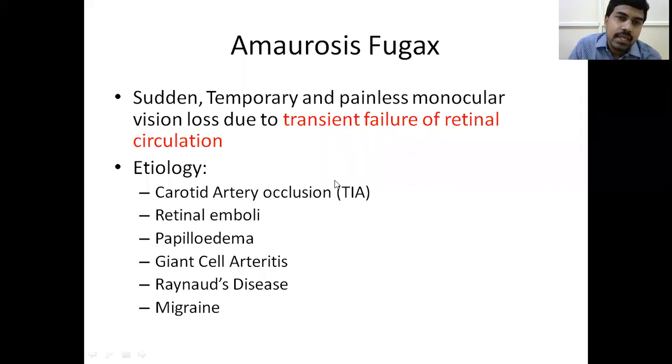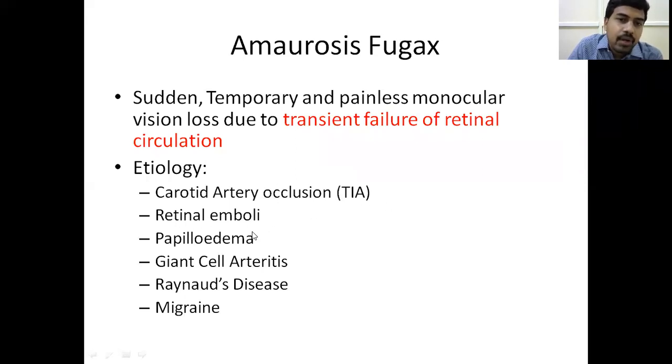In those cases, any elderly patient, or even a young patient who is a little obese and a known case of some cardiac anomaly, if he suddenly says that he had a transient loss of vision, totally lost, and again within a few seconds or minutes it comes back, then you would make a diagnosis of amaurosis fugax, and it is always better to send the patient for a cardiology evaluation. They will do a 2D echo, ECG, and if possible a carotid artery Doppler, and rule out all other causes. Carotid artery occlusion is one of the common causes.